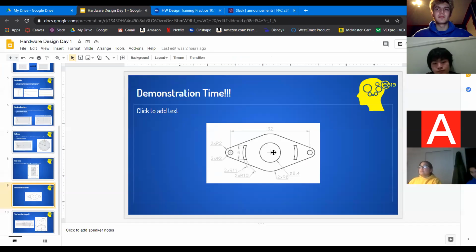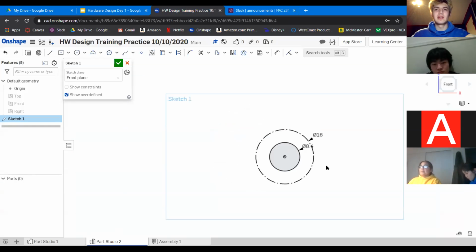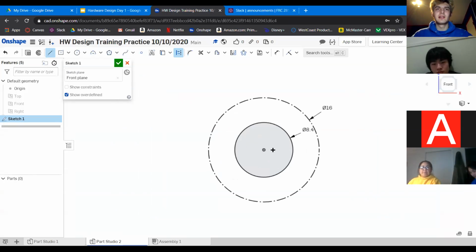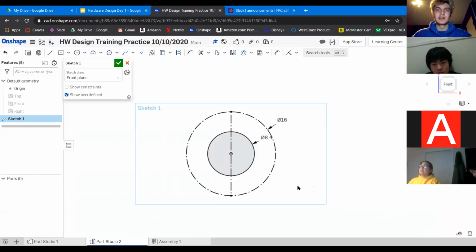You have it there. And then you have 2 holes, right, 2 holes, and this is a diameter of 2. It would be an M2 bolt. So I'm going to prepare for that by making a construction line. And you see I'm making this vertical to the origin because I want it to go right across. That construction line is there. And then I'll make a real circle, not a construction circle, over here,